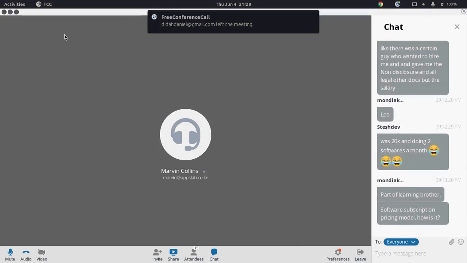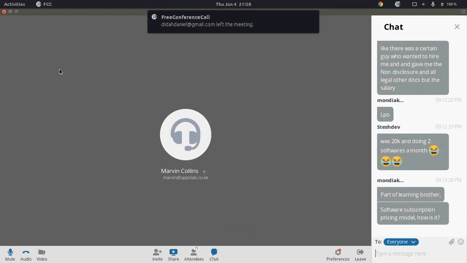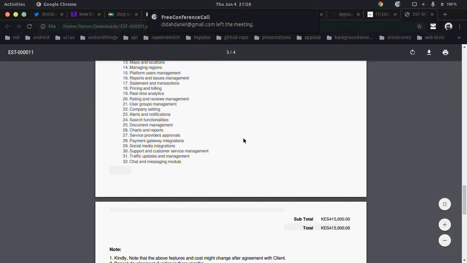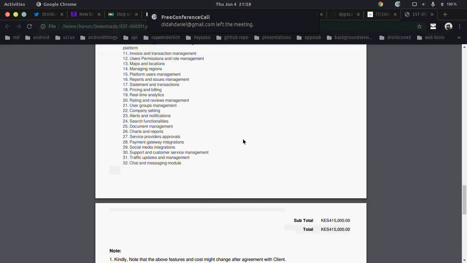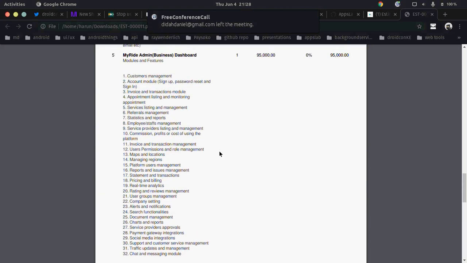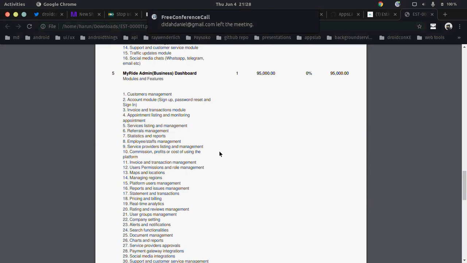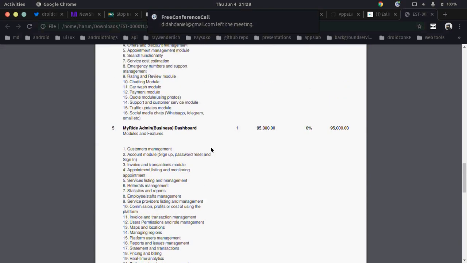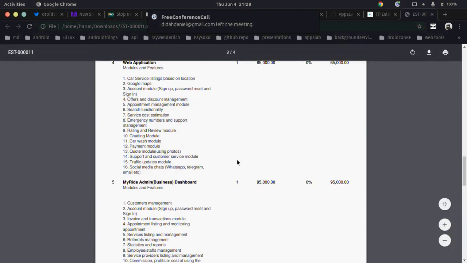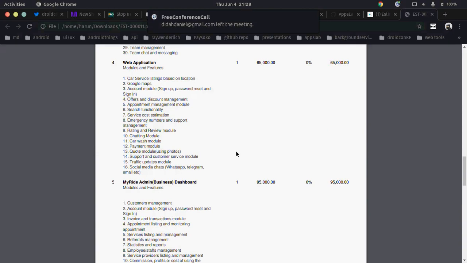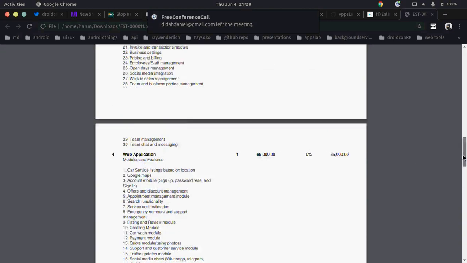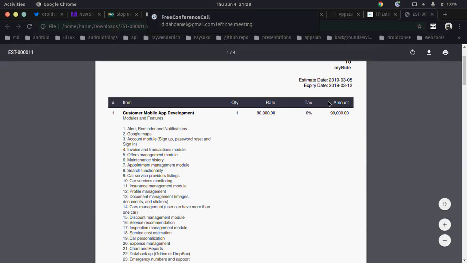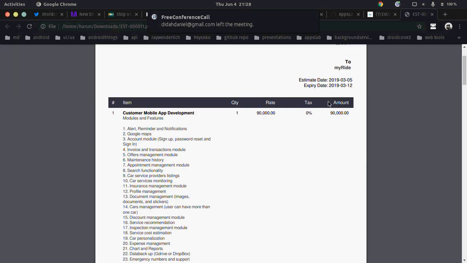The reason I showed this breakdown is that a lot of guys just throw in figures they have had before, without having a breakdown. So have this breakdown and tell the person, according to your software, this is how I'll charge you. In case you don't have the SRS, as a developer, just come up with one and tell them these are the features for the application, because not all clients are tech savvy. Some will just say, I want a Tinder-like application. So you have to come up with the features and tell them, according to these features, this is what you have to pay, or this is what I'll charge you.